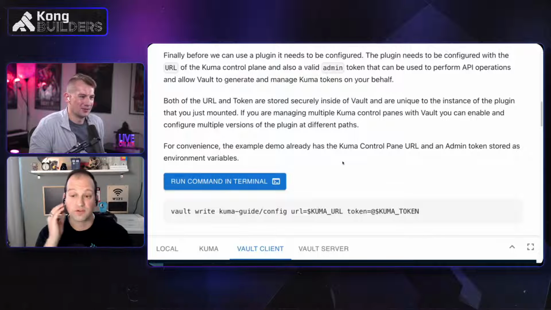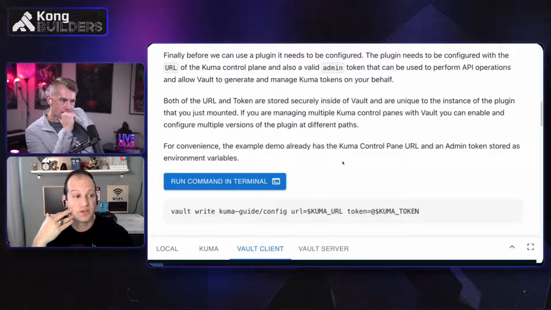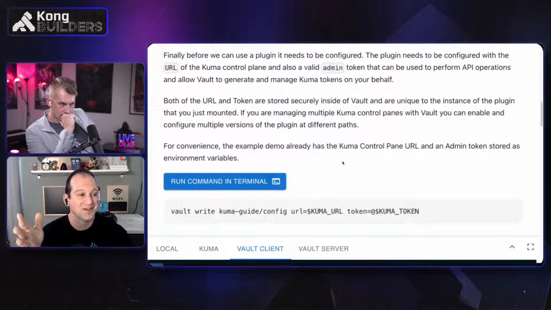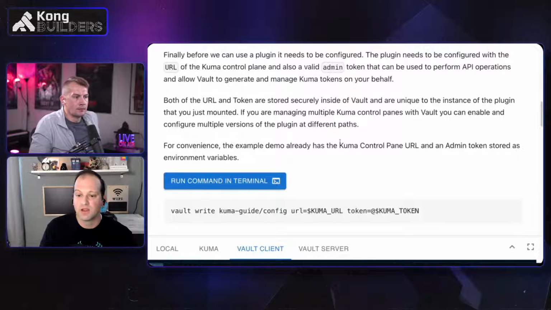Correct. That's exactly right. And in this case, that admin token is persisted in the Vault secrets engine in such a way that it can't actually be pulled back out. You can view the URL in the config, but once you post the token in there, you can't pull that back out.